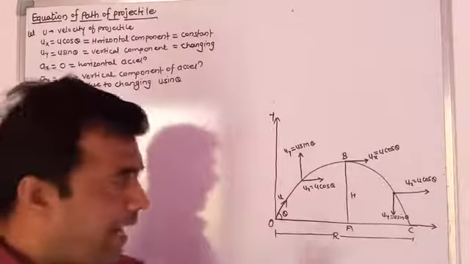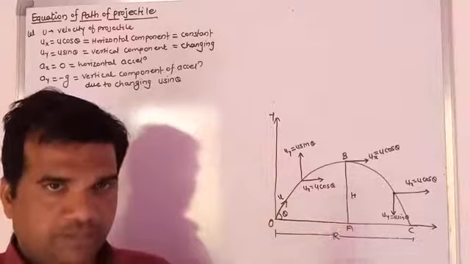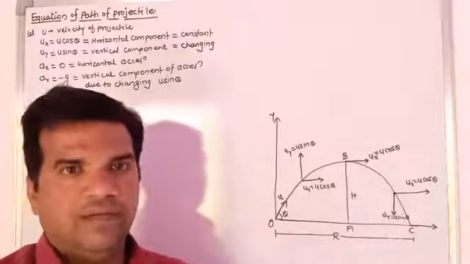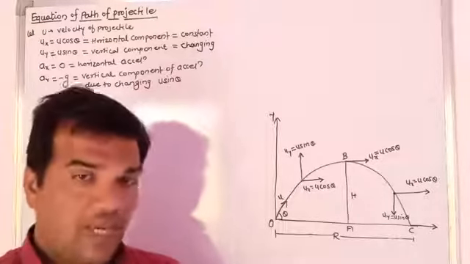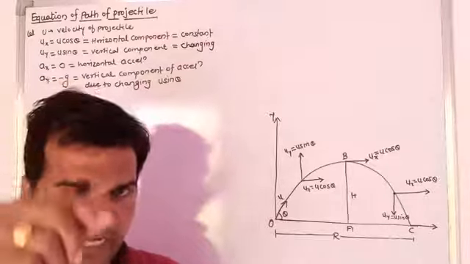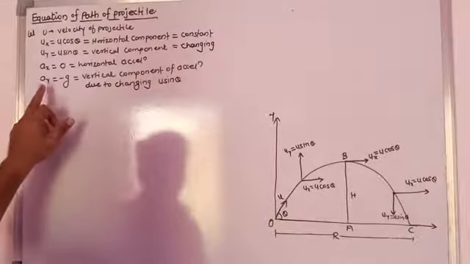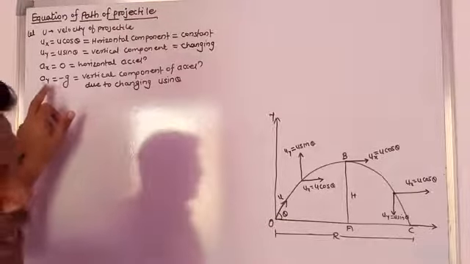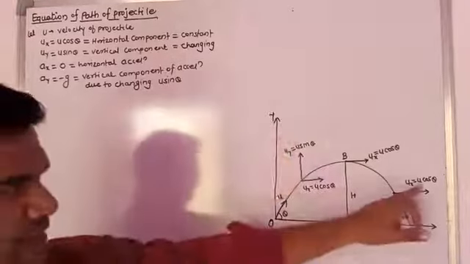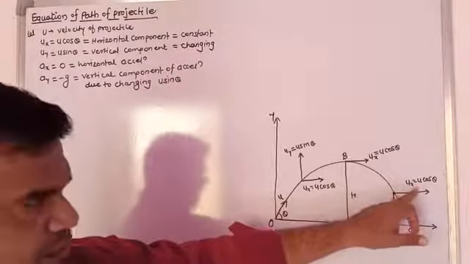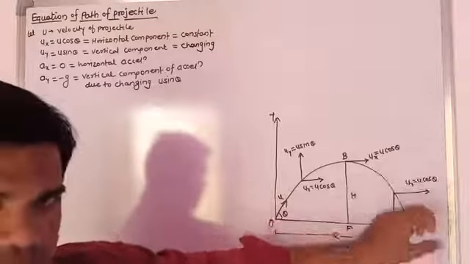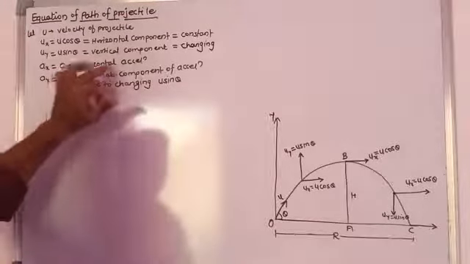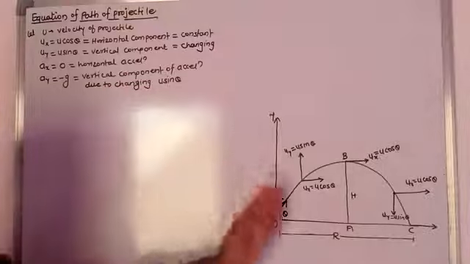Now as the particle performs the trajectory or projectile motion, it is acted upon by the acceleration due to gravity. And this acceleration due to gravity is always acting in the downward direction, that is ay, the vertical component of acceleration, ay is equal and opposite to that of the gravity, meaning minus g. And as the horizontal component of velocity, that is ux is equal to u cos theta, is constant, the horizontal component of acceleration is 0, that is ax is equal to 0. Then this is projectile motion.